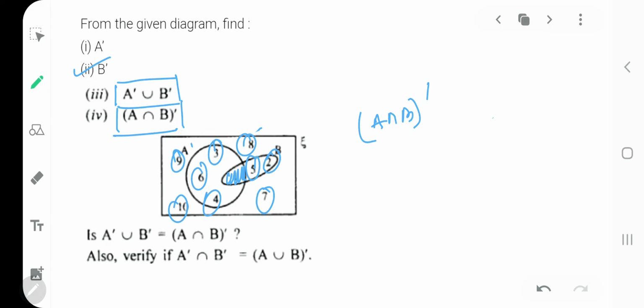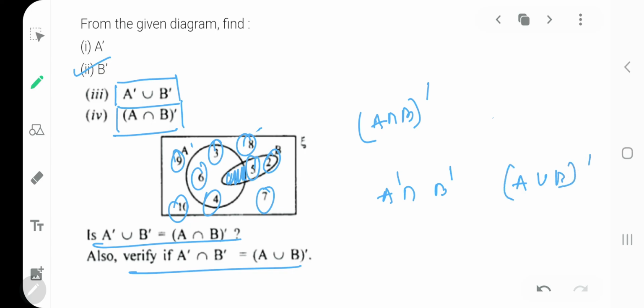Okay. Next we have, next is A. Okay, we got this. Also verify A complement intersection B complement. Is it equal to A union B complement? Got my point? So once you have to take this, and I guess the element in A complement intersection B complement. For that first you have found A complement, you have found B complement, and whatever is common in both of them, the intersection points, the common elements, that will be included in this, and that will be, I guess, 7, 8, 9, 10.